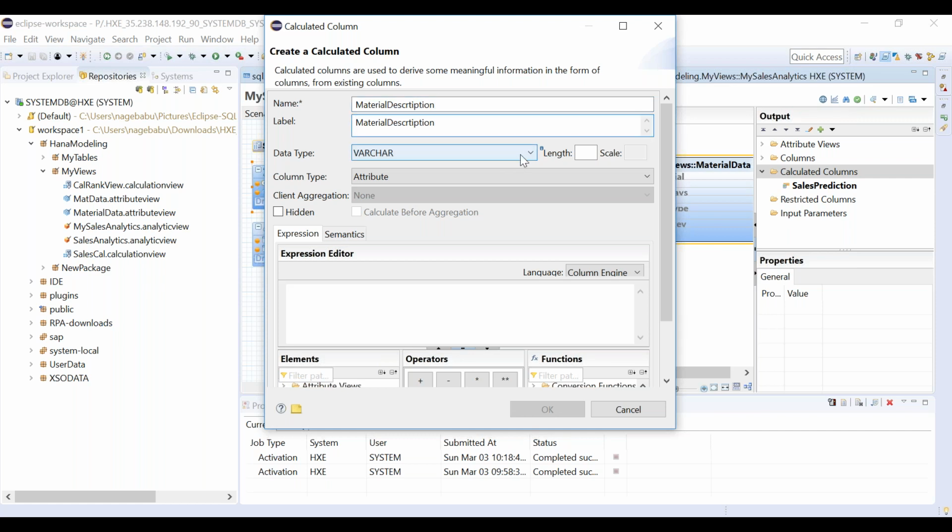So this will be a varchar which will contain 60 characters. Okay, this is an attribute because we are just giving descriptive details of that particular column. So I'll make it as attribute. Okay, so what I have to do is,